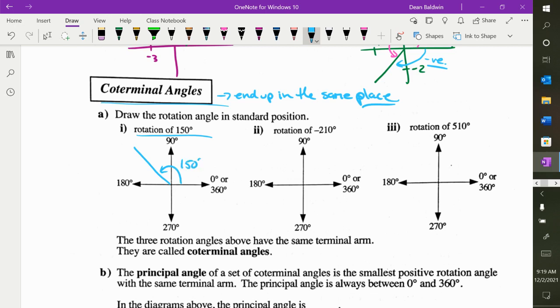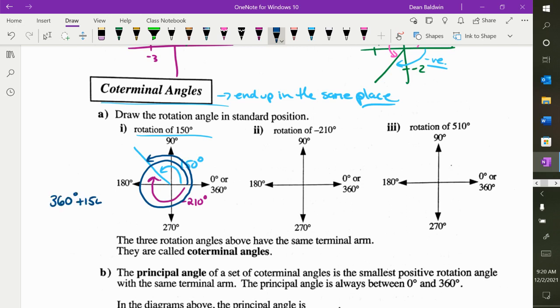That's 150. What is this angle that would get me to the same spot? -210, right? You have to say the negative, because that means you've rotated the other direction. You also could have done this. I could have gone all the way around and then kept going to get there, which would be